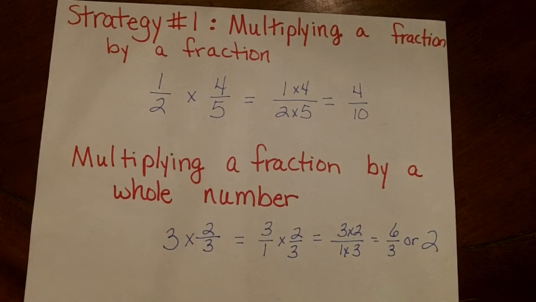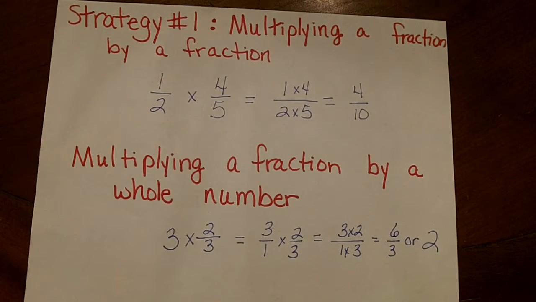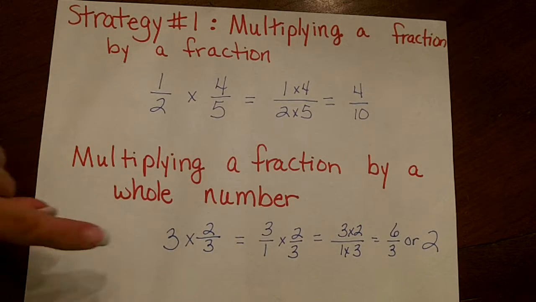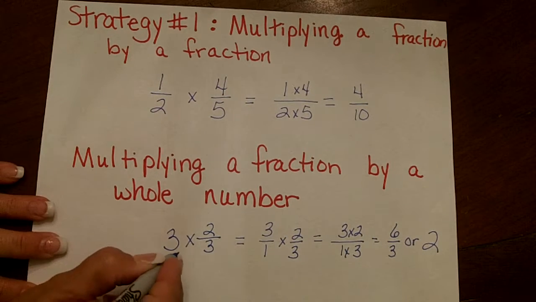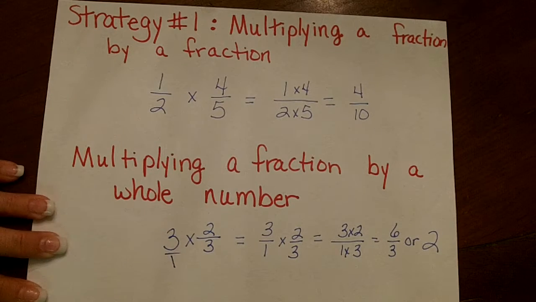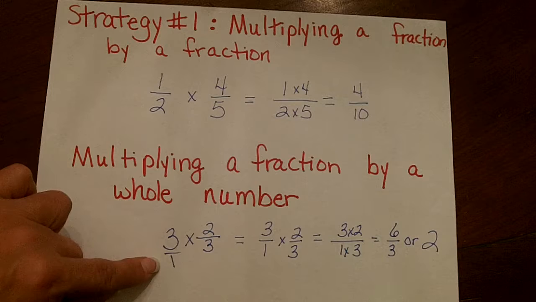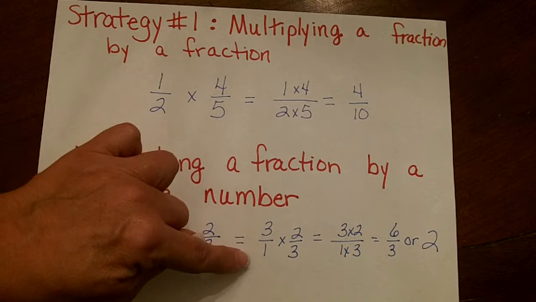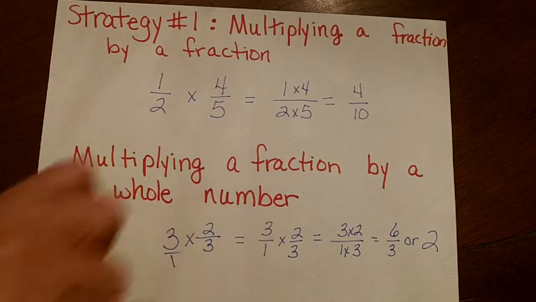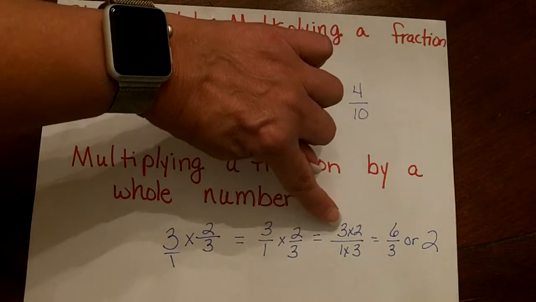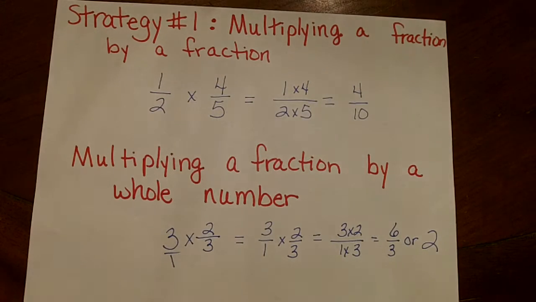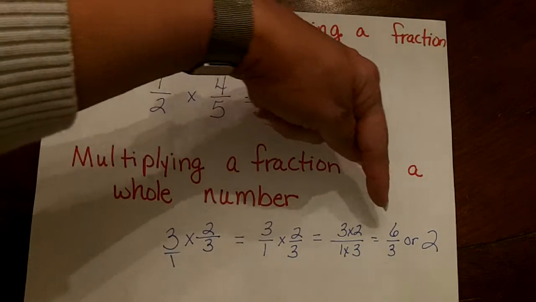Now, when I'm multiplying a fraction by a whole number, it's a little bit different because I have to take my whole number here. I have 3 times 2/3. To turn my whole number into a fraction, I have to simply put that whole number over 1. And so now I have 3 over 1 times 2/3. I'm going to multiply again just like I did in the top example. I'm multiplying my numerators 3 times 2, and I'm going to multiply my denominators 1 times 3. When I do that, I get an answer of